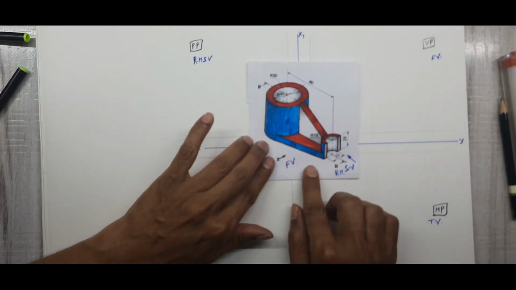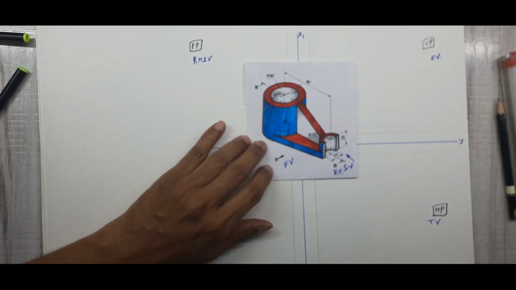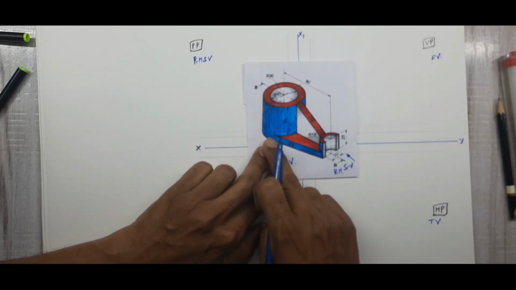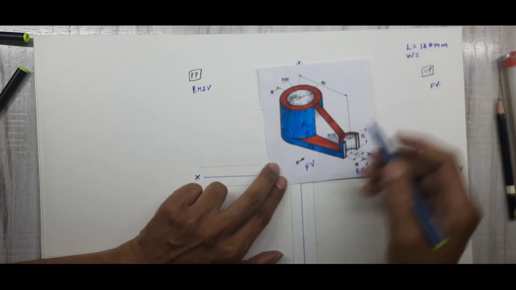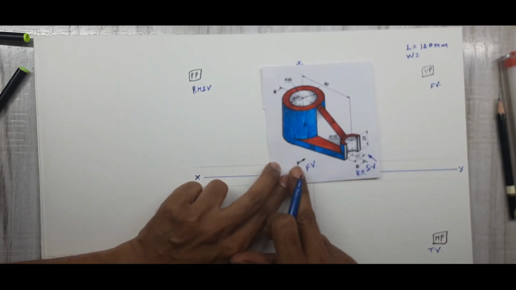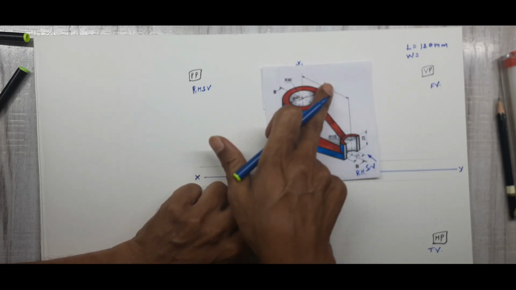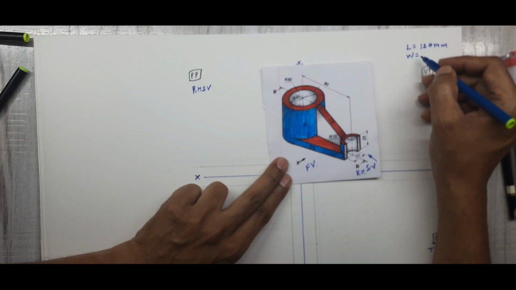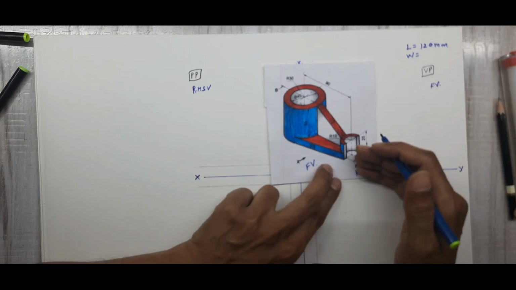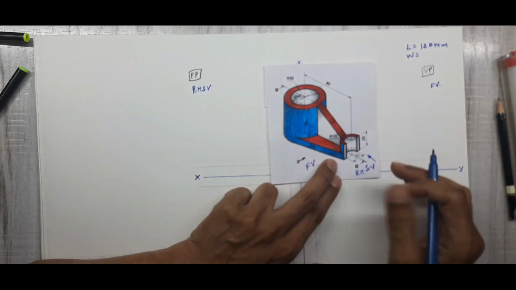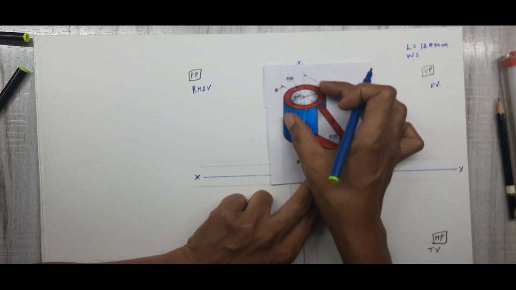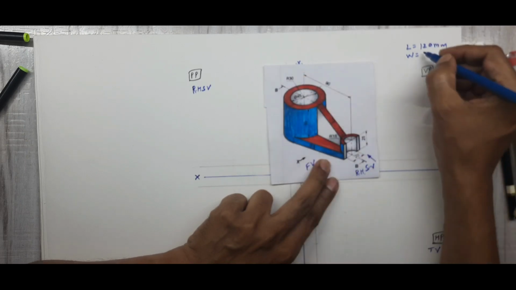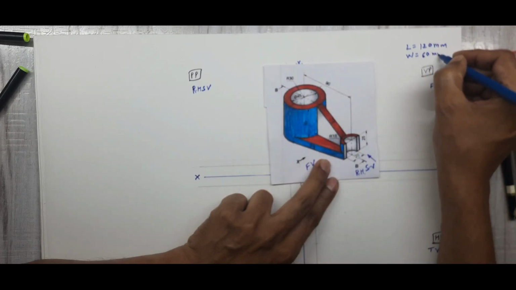Then next we'll see the dimensioning. If you observe this diagram carefully, from the front you will always get a length. So how much is the total length of this object? If you observe in this direction from the front view, we'll get 90 plus 30, that is 120. Then we'll get the width from the side view, as well as the height. How much is the width? Maximum it will be 30 is the radius, means diameter is 60, that is the width.